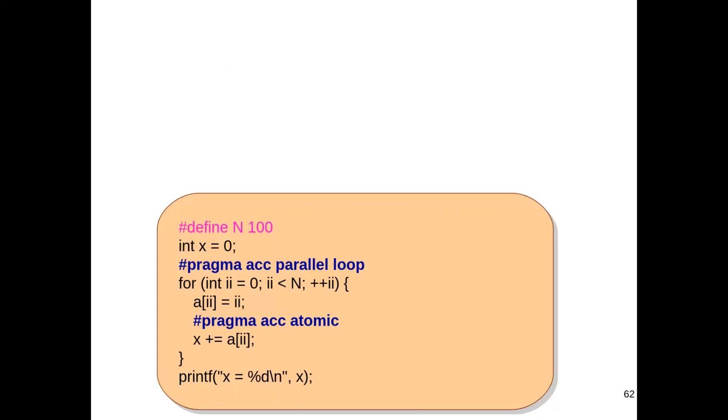One for loop just does a of I equal to I, and that I parallelize as independent. And then I have another for loop, which I say hash pragma ACC parallel auto or sequential, and that executes sequentially with x plus equal to a of I. That is also fine, but